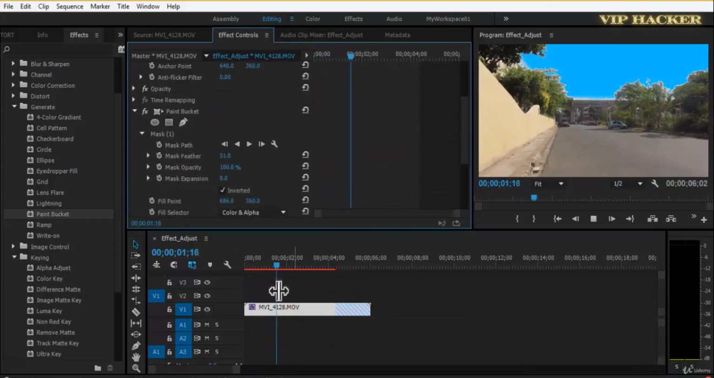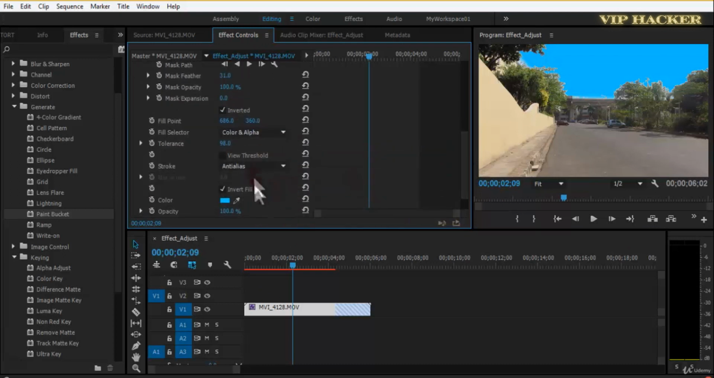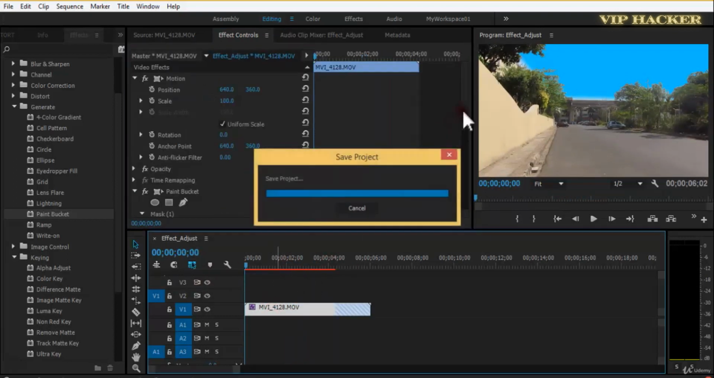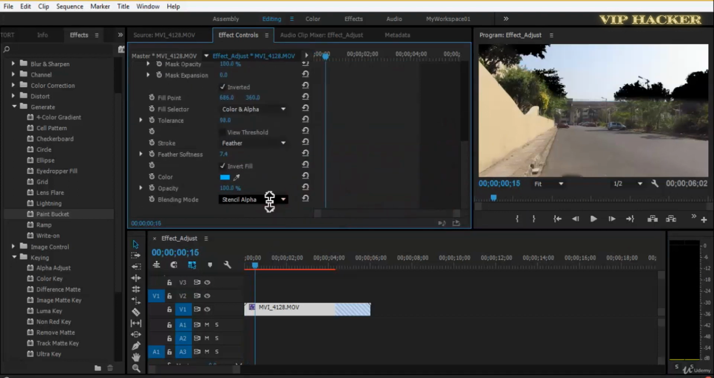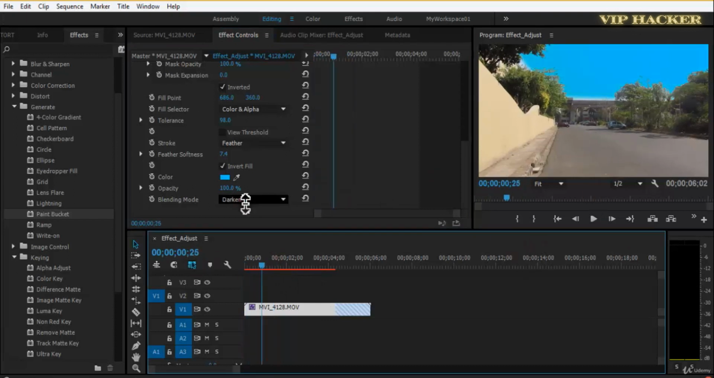So in this way you can use stroke, anti-alias. I would say feather softness. Yeah, I want feather, otherwise it was looking very jerky, like a cutout kind of color fill. Blending mode, again stencil alpha, there are many. Screen, multiply, if you can see the soft light, this is getting blended very well, and it should look natural. That is our main motive. So I would say overlay,